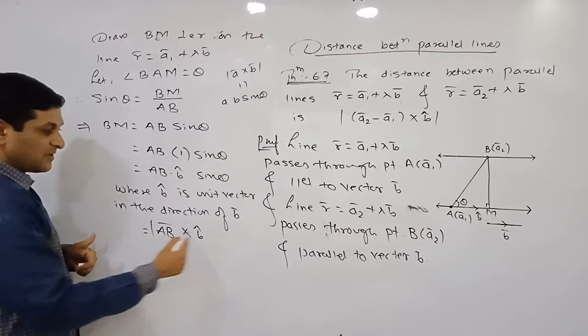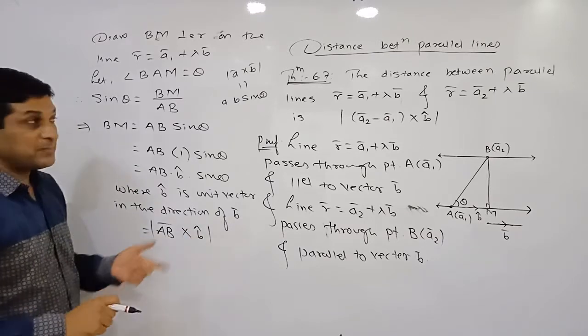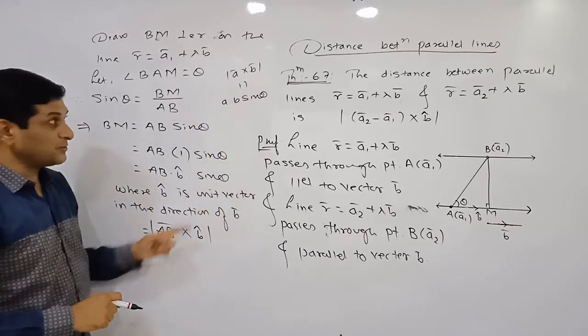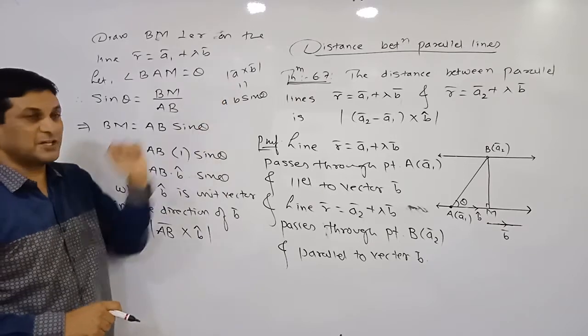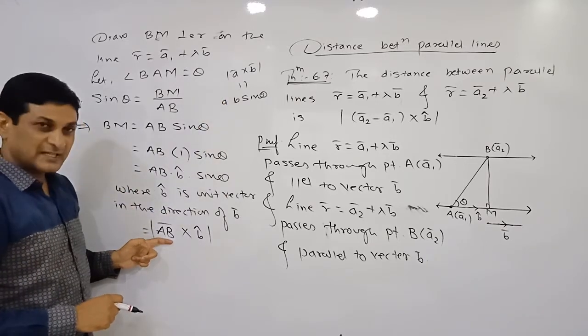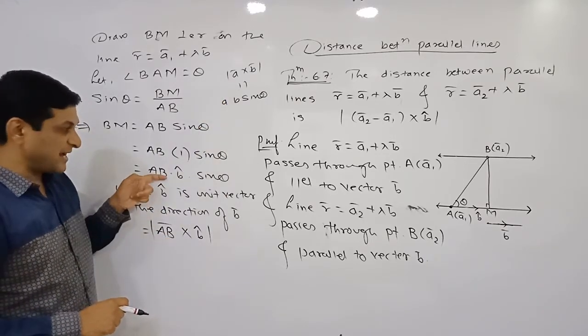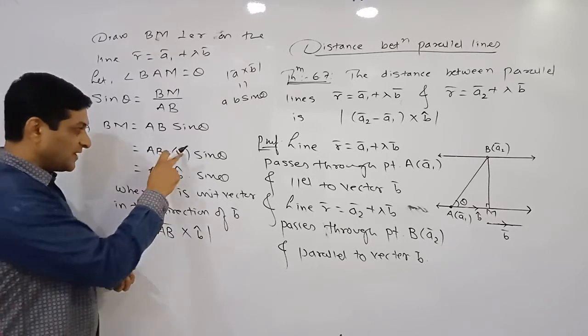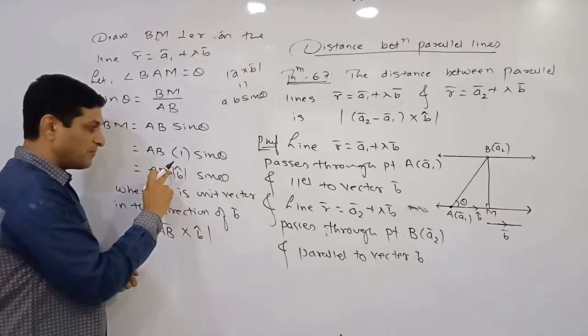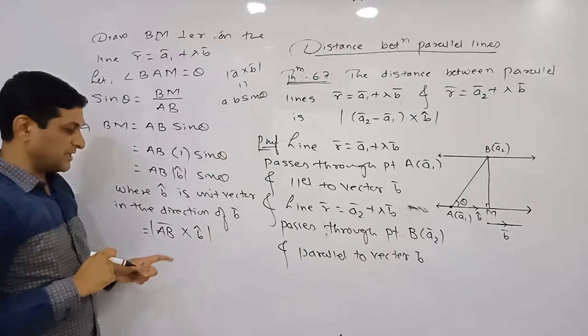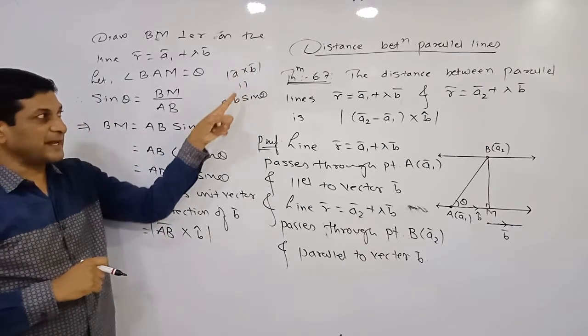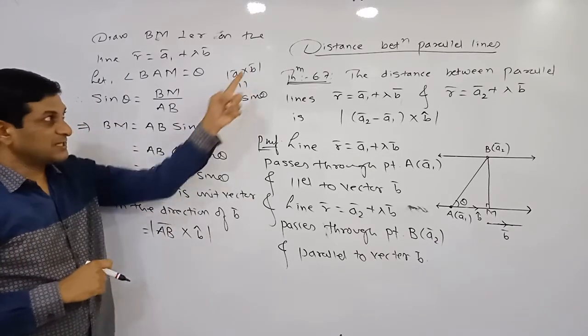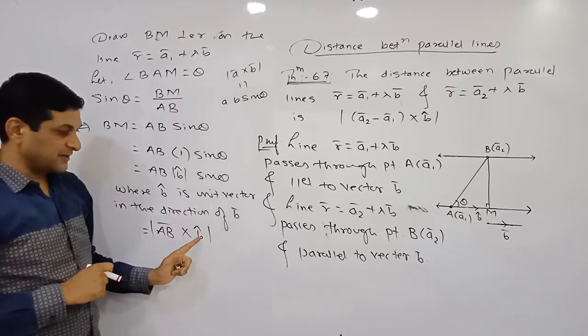So the magnitude of AB bar cross B cap, according to this definition, the first term should be the magnitude of the first vector. Here the first vector is what? AB bar. Check whether its magnitude is AB. So here 1 is nothing but the magnitude of B cap. Observe that the second term is the magnitude of the second vector. So here the second vector is b cap.